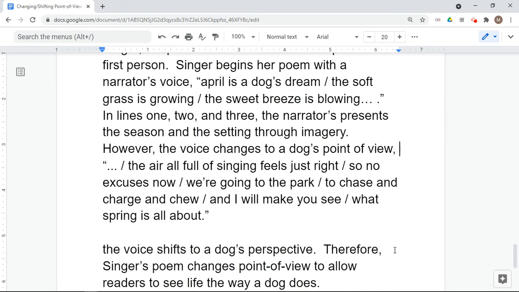The air all full of singing feels just right, so no excuses now. We're going to the park to chase and charge and chew, and I will make you see what spring is